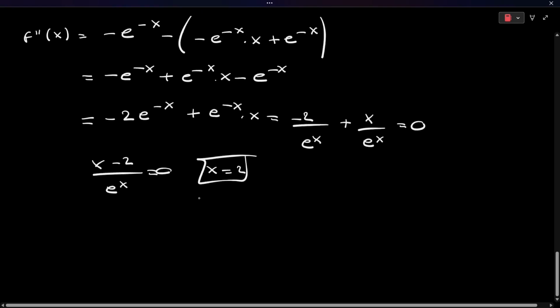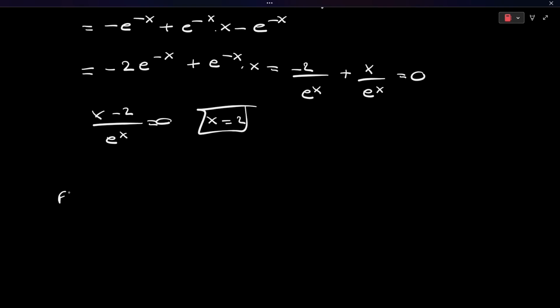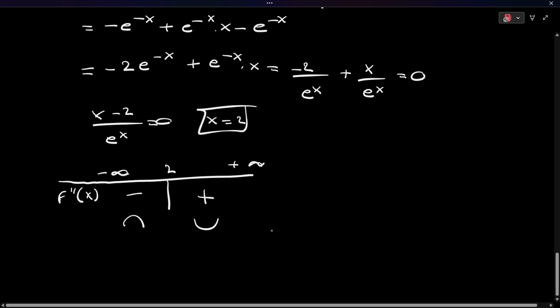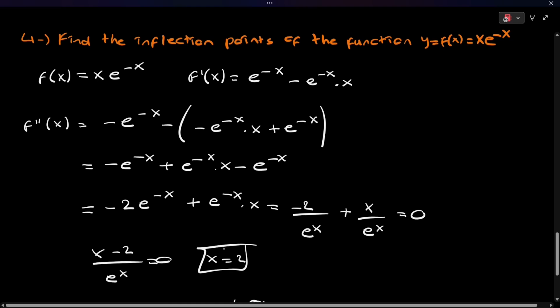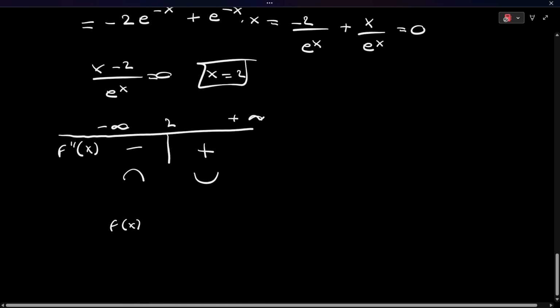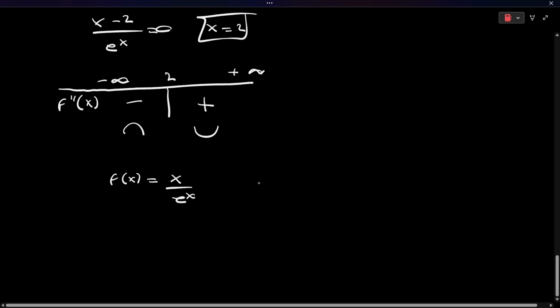Is the function defined at 2? It looks like it is. So therefore, the point we are talking about is at 2. Second derivative, from negative infinity to infinity. Let's pick a value from here. 3 is clearly positive, 1 negative. So concave down, concave up. And the point is x e to the x. So therefore the inflection points will be